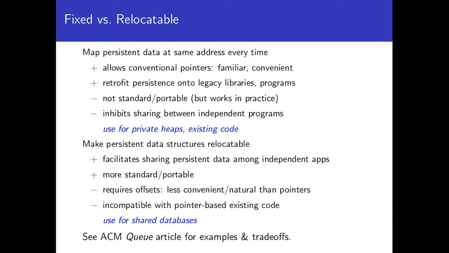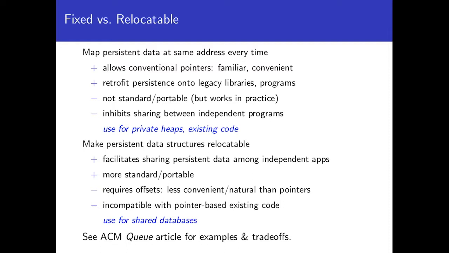The downside is that when mapping data at the same address range every time, there's no standard portable way to do that that's guaranteed to work. There are heuristics that always work in practice, but there's no law out there that says next week a linker can't put libc.so in the address range that you wanted to map your fixed persistent heap from last week. Okay? More importantly, fixed